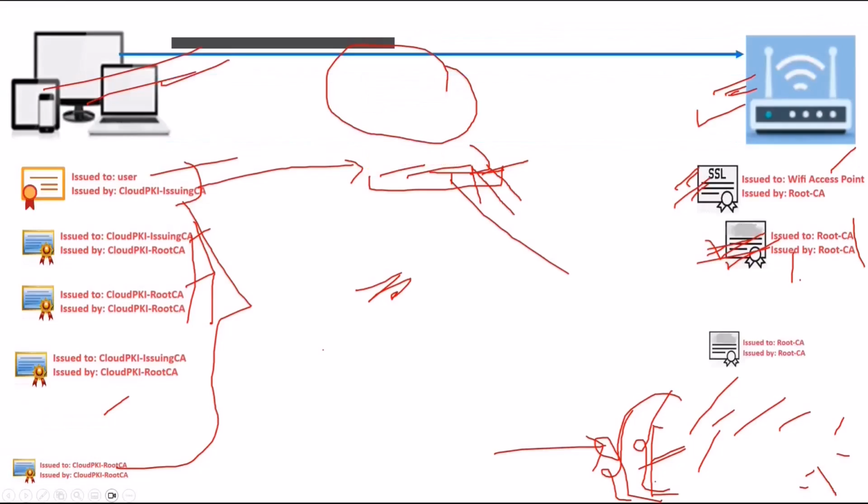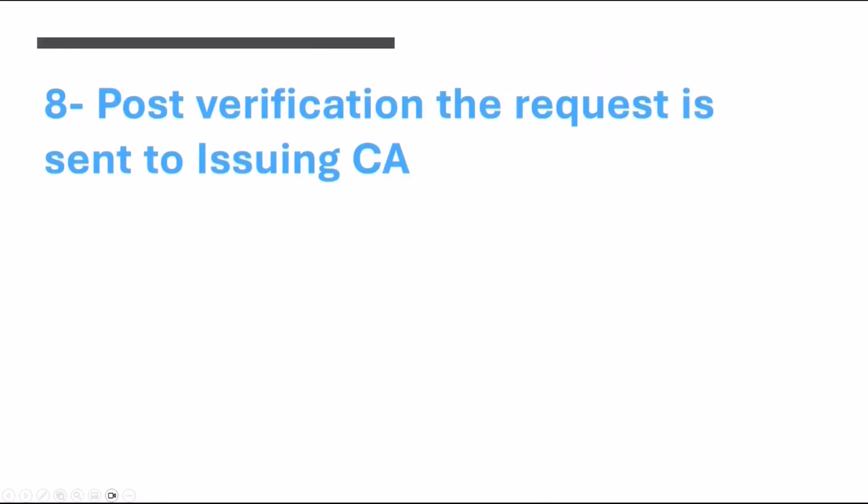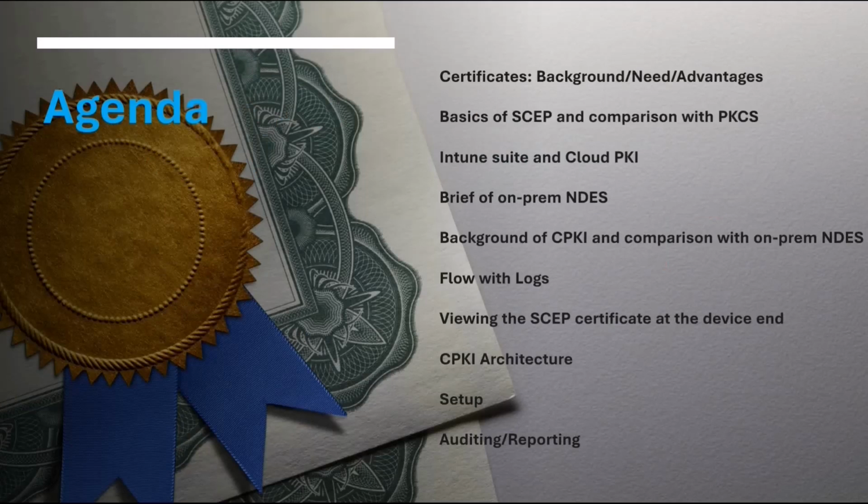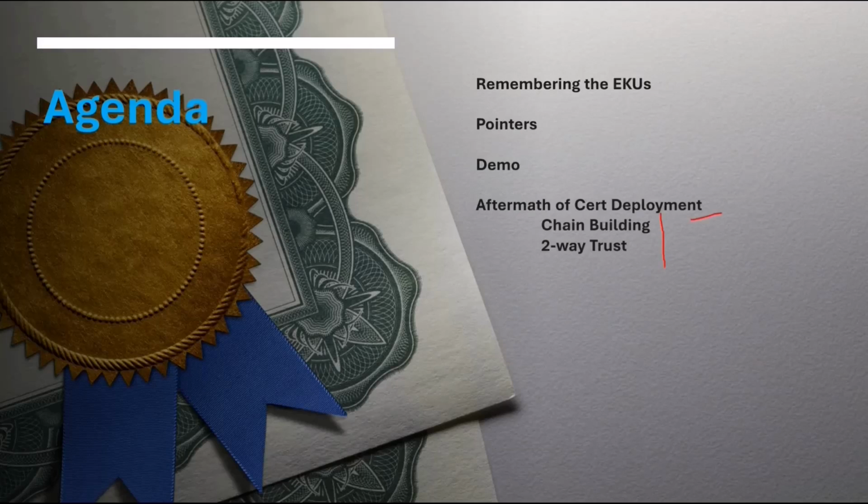So that is pretty much it, guys. I hope that in this tutorial we were able to understand what certificates are, why we need them, what Cloud PKI is, how it is different from the on-premise, the flow of the certificate that is happening in the background, the logs at each and every step that we should check if the certificate deployment is failing, the various ways of Cloud PKI infrastructure, like the Microsoft managed one or the BYOCA kind of scenario, the auditing, the reporting, as well as I hope we enjoyed the demo, as well as we understood, after the SCEP certificate is deployed, what are the things that we must keep in mind so that the SCEP certificate can actually work